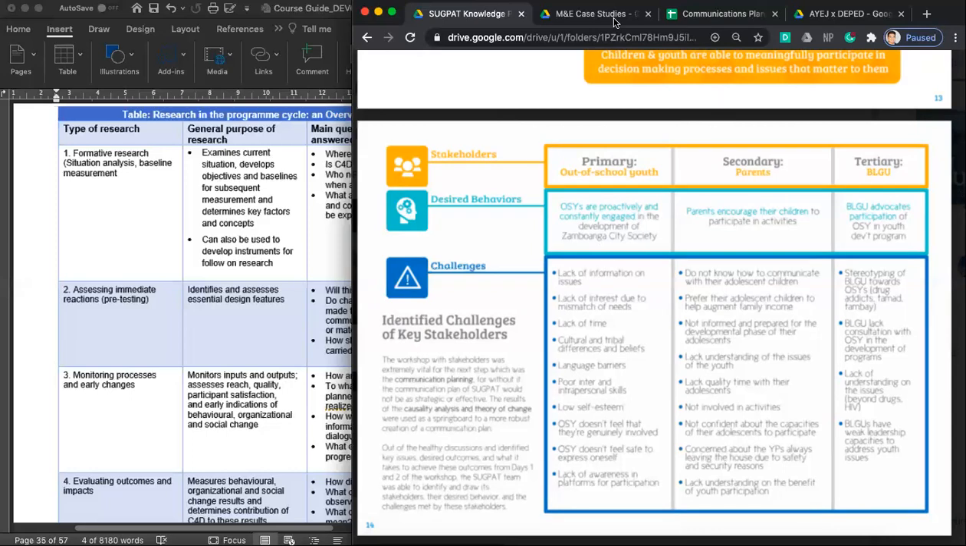Well, we then created, based on the stakeholders' desired behaviors and challenges,